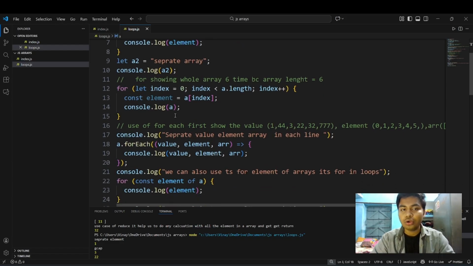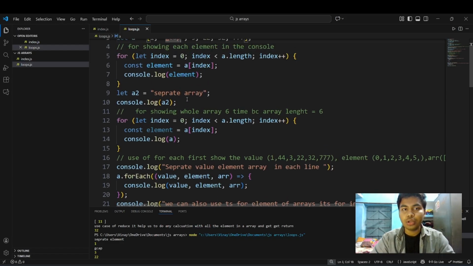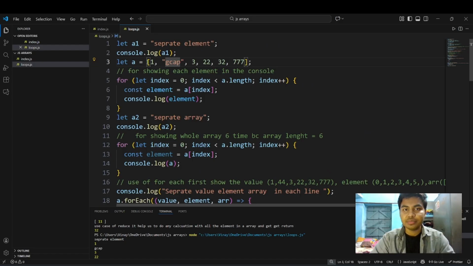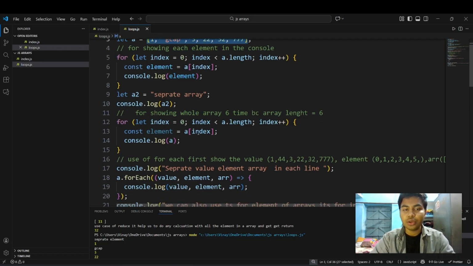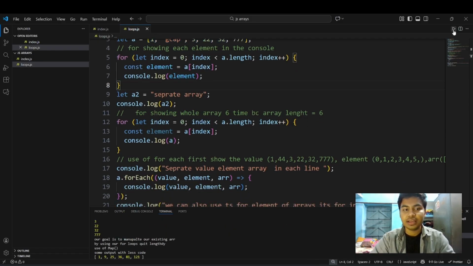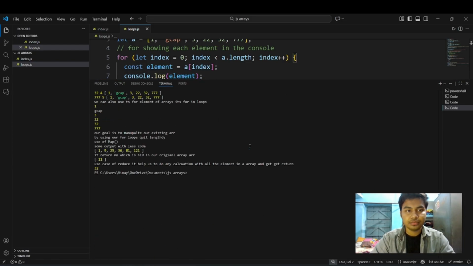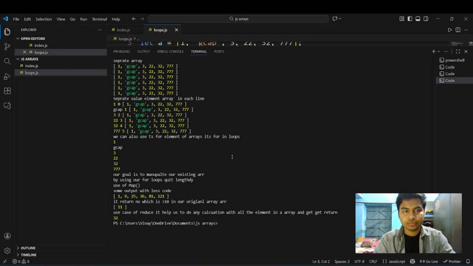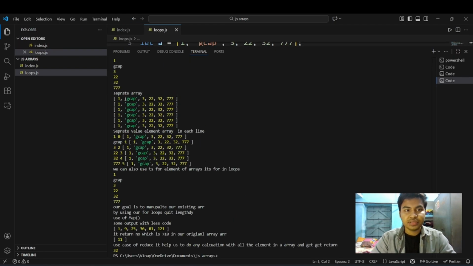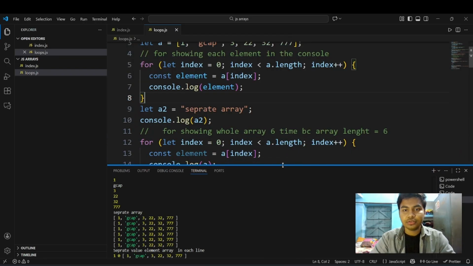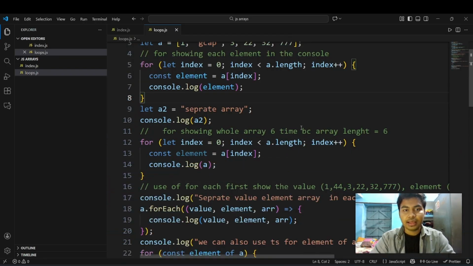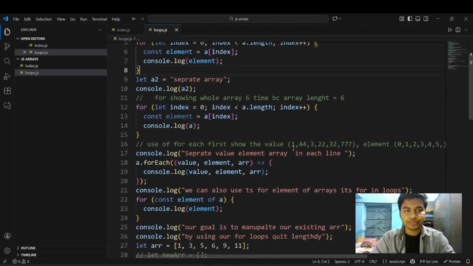But console.log(A) means the whole array, this bracket and this, right? The whole array means this is the whole array. So for this, it's gonna print the whole array 6 times, as you can see in our terminal. See this separate array, and we have 6 of it, right? So this I'm gonna tell you, and now we're gonna know about